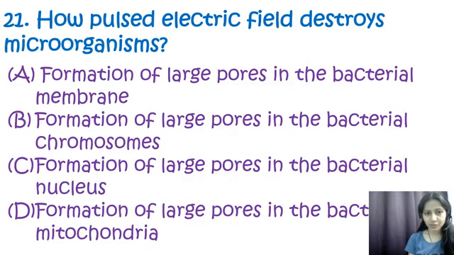So question number 21. How pulsed electric field destroy the microorganisms? So options are formation of large pores in the bacterial membrane, formation of large pores in the bacterial chromosomes, formation of large pores in the bacterial nucleus, or the formation of large pores in the bacterial mitochondria. So over here the most appropriate answer is option number A, that is formation of large pores in the bacterial